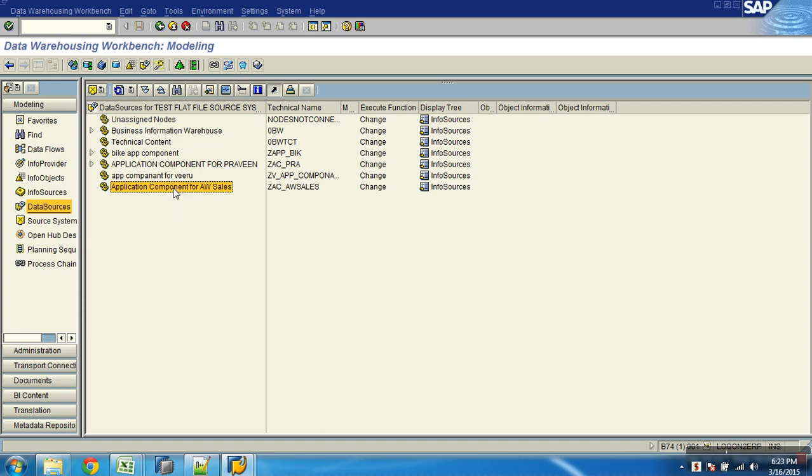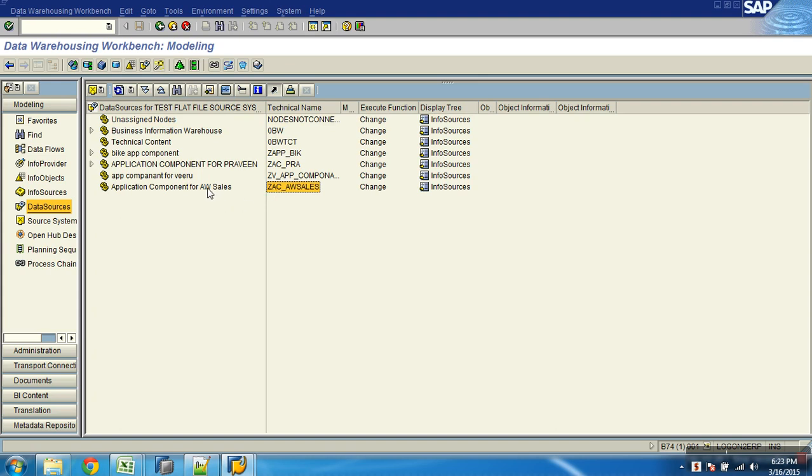But consider here, I have not prefixed Z, but when I don't, it prefixes Z automatically. In the case of application component, if you don't give anything, it prefixes Z. But if you prefix Z, it does not prefix one more Z again. That happens only for application components.